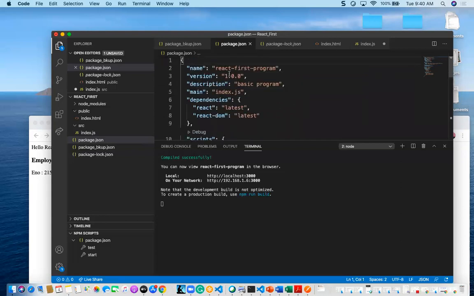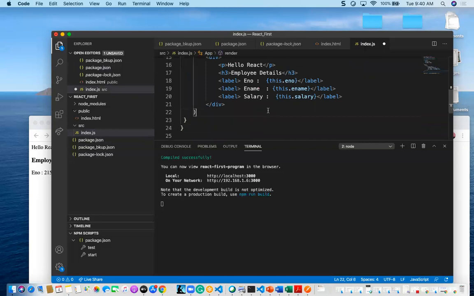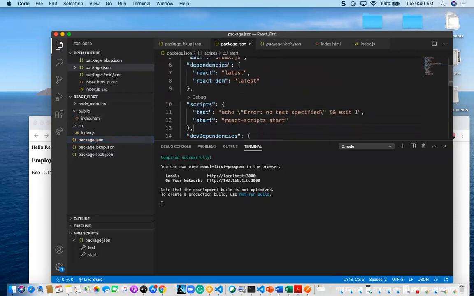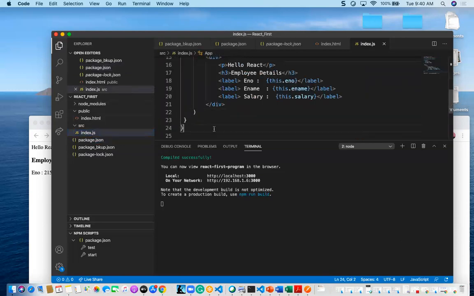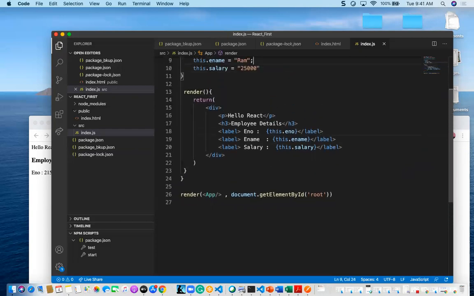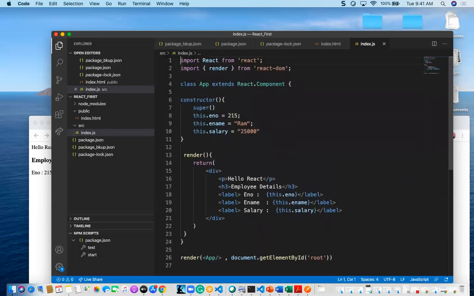Okay, and coming to the program. This is the index.js, which is given inside this package.json. Here I have given this index.js, right? So this is the main file, the file where the program is run. Okay. So this is the meaning of component creation, and also how we can render the data to the UI, how we can mount that data, and how we can declare that component.